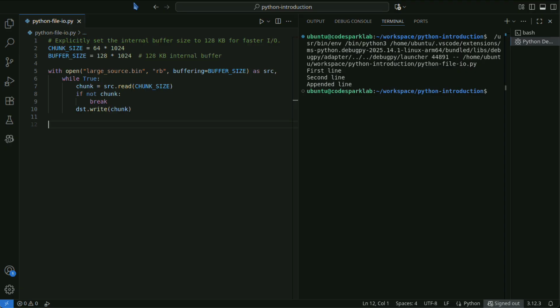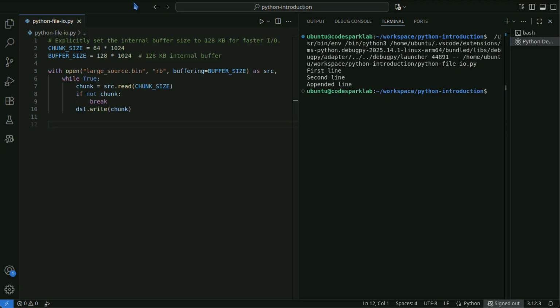If you set the value of buffering to 0, I/O is performed without buffering. 1 enables line buffering, while values of 2 or higher use a buffer of the specified size in bytes. In general, the default value is sufficient because the OS efficiently handles caching, but adjusting this parameter can be effective for very large files or special devices.